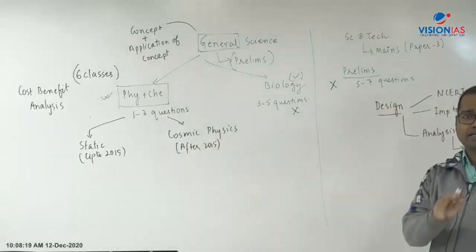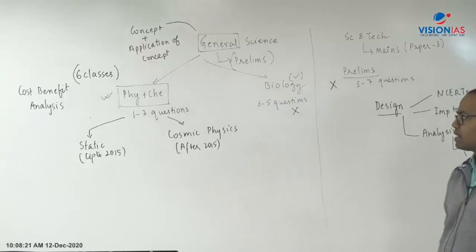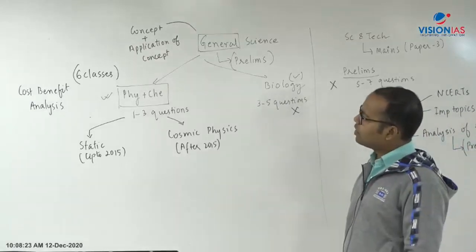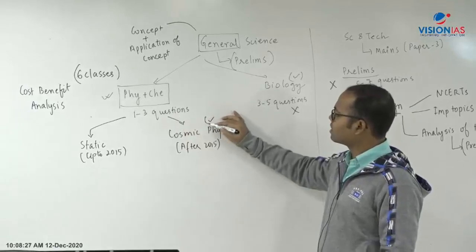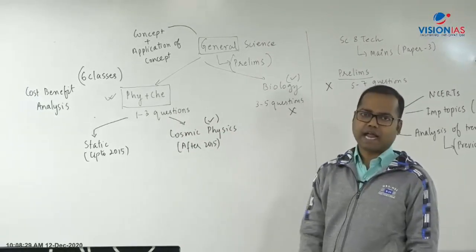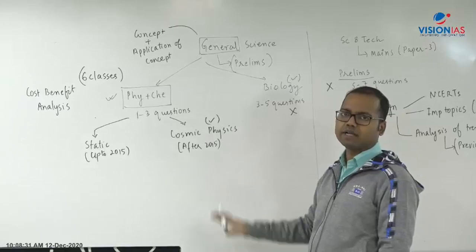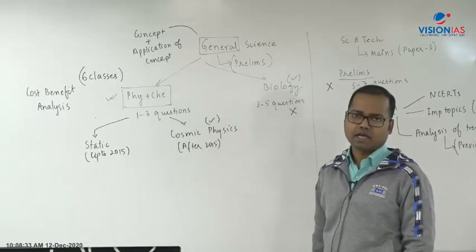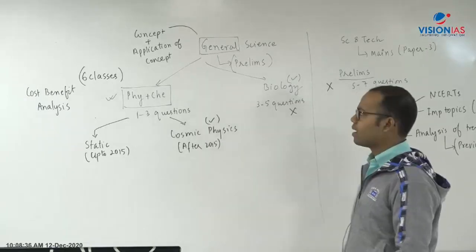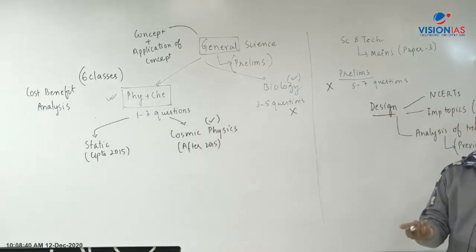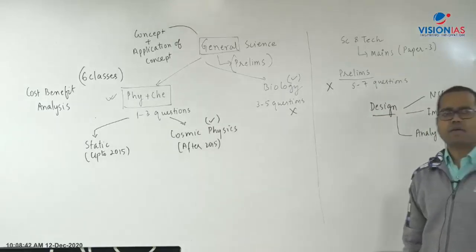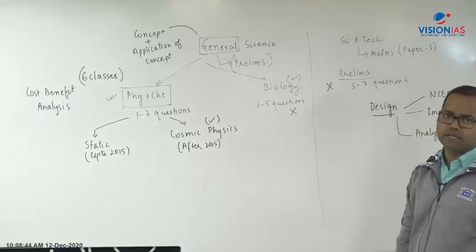There are high chances, 90% of the chances, that whatever questions you get from the physics and chemistry module will be from this cosmic physics. 90% of the chances are this, that you will get your question from cosmic physics as per the trend of UPSC. But provided UPSC is unpredictable, you cannot rely upon the mood of UPSC,